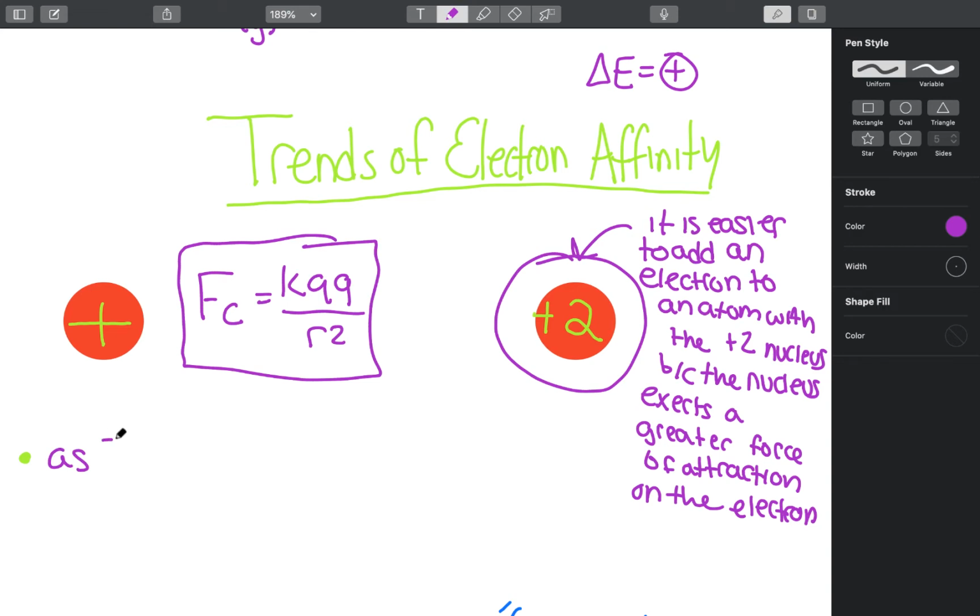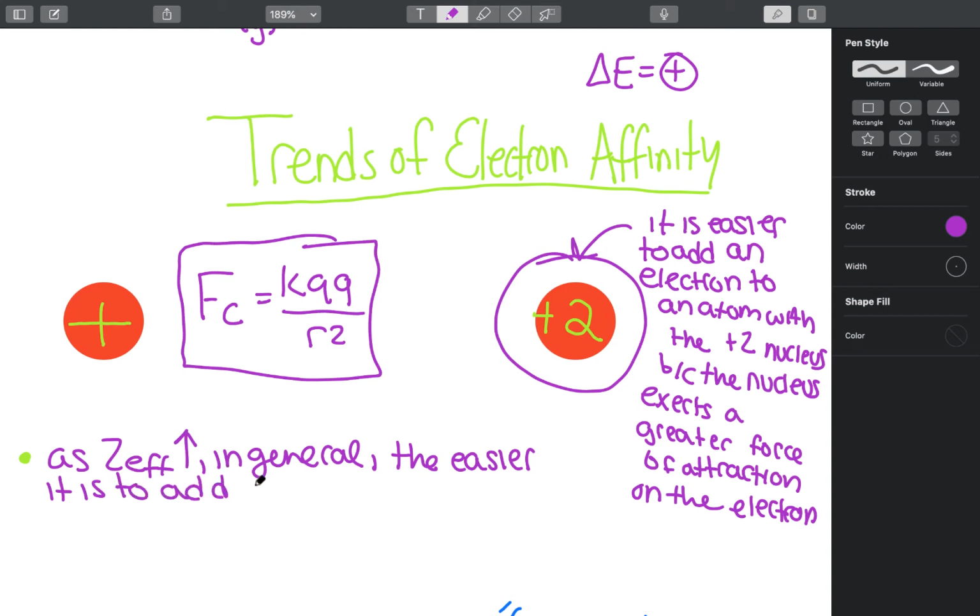As the effective nuclear charge of the atom increases, in general, we'll see that there are exceptions to this, the easier it is to add an electron to a neutral atom,